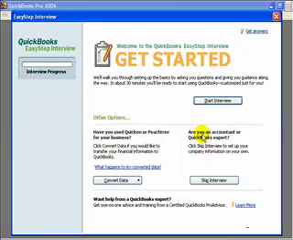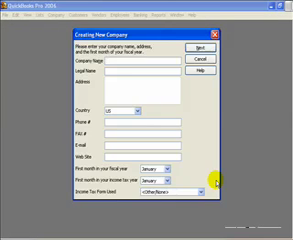Because we're not using the interview, we are going to use Skip Interview, and what that does is it skips the interview process when you click on it and takes you to the Creating a New Company dialog, and that's what we're going to do. We're going to start entering all of our company information,